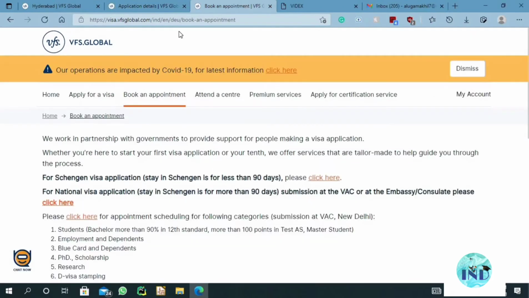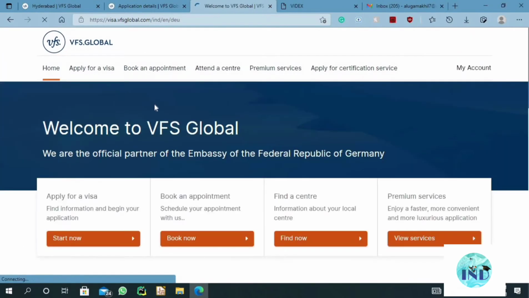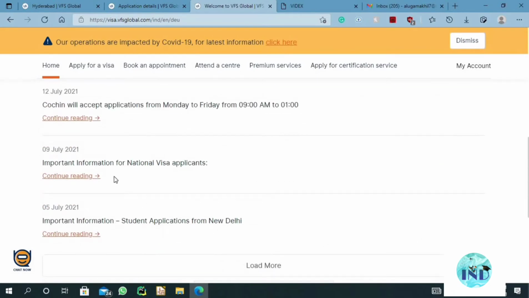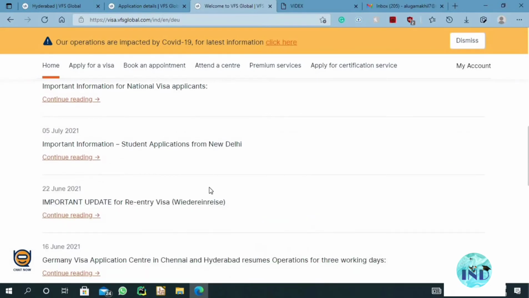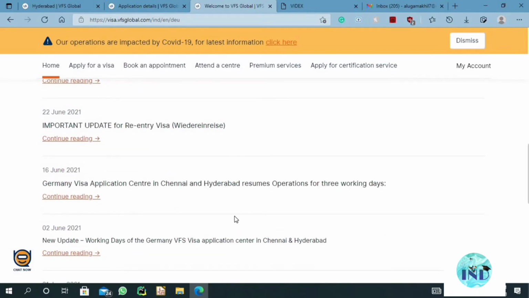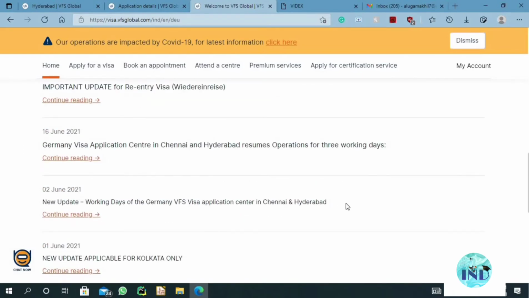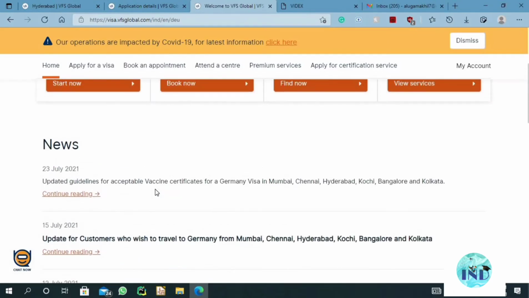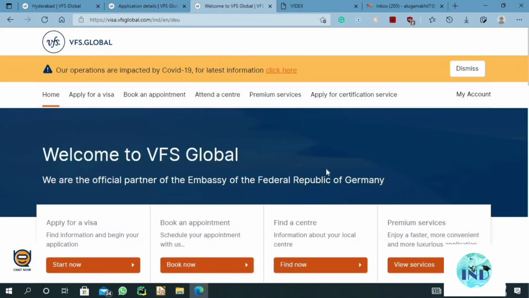On the VFS home page you will have news updates, so keep checking these news updates for the visa slots that will be available in these centers. That is what you have to do till you get your visa appointment. It is a time taking procedure, so you have to keep checking daily. Once you get the appointment, you are done.